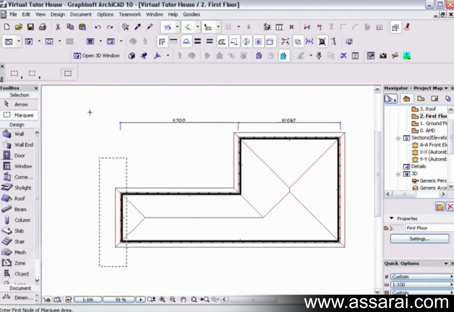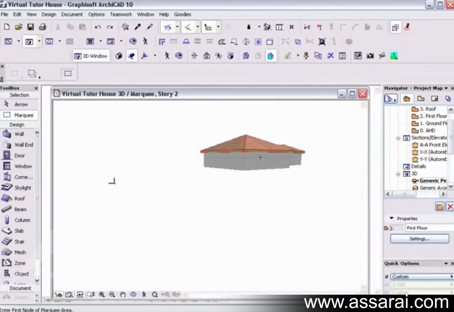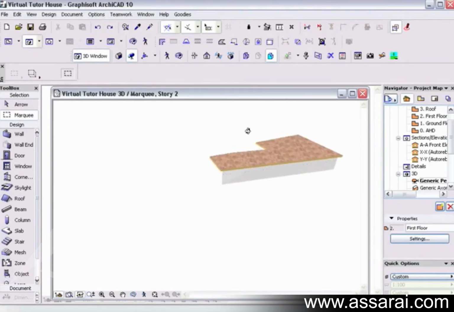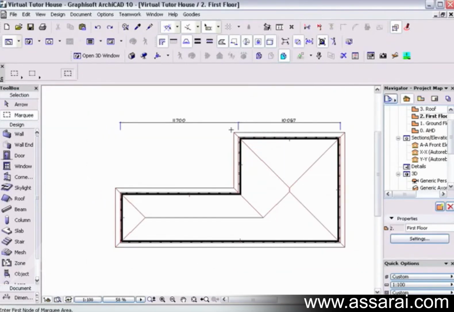And just to have a look at what we've done, I'm going to draw a marquee around this area and push F5, which shows us in 3D just what's in the marquee. Remove marquee. So what we've done here is use the marquee to edit all of the building elements, stretch them all, the slab, the walls and the roof all at the same time, and we can do that over one floor or all floors. And I've also shrunk it as well using the same method,